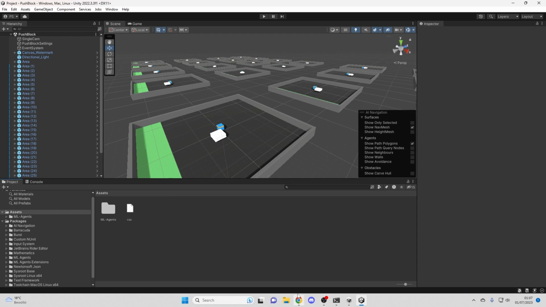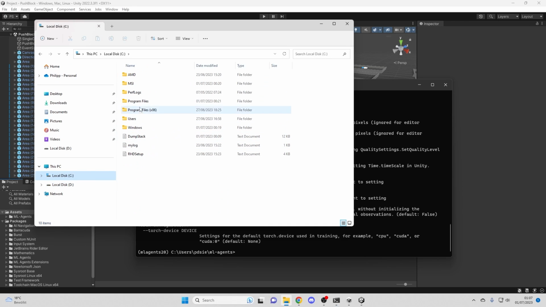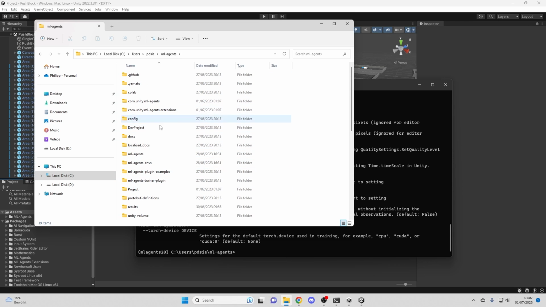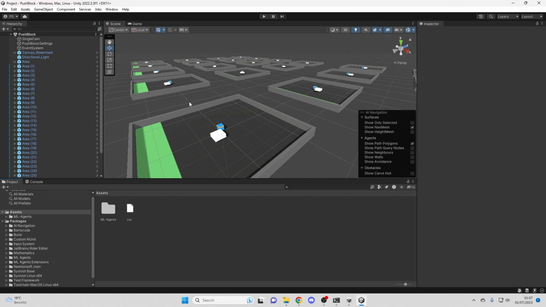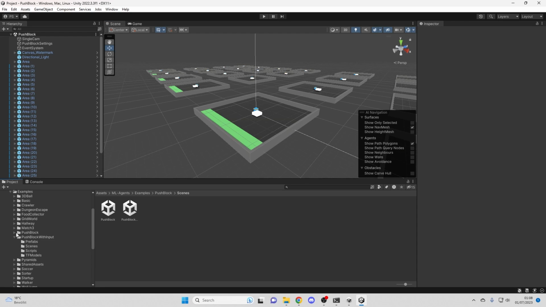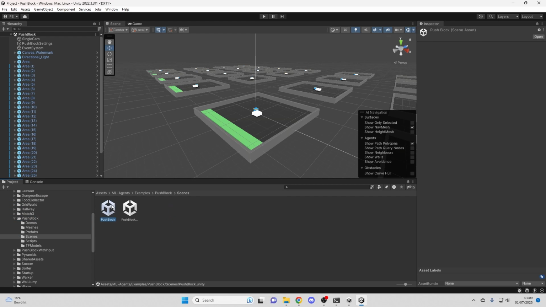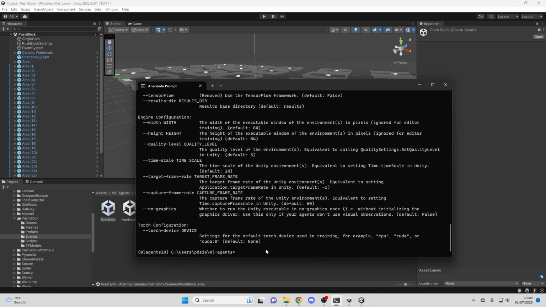Alright, here we are. And so lastly, let's navigate once more to ML-Agents again. Under config PPO, we want to run the PushBlock example, which is already opened here. In your case, you might need to go to Assets, ML-Agents, Examples, PushBlock, Scenes, and then open the PushBlock scene, which is opened here for me already. Cool. So I can start training as follows: